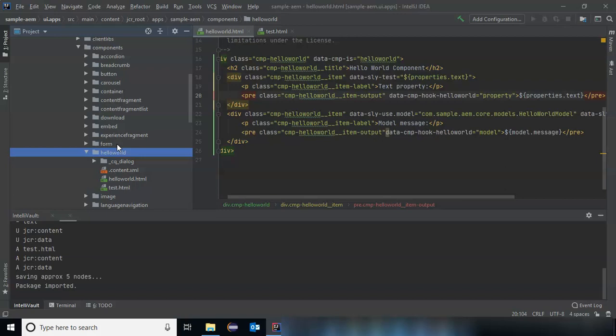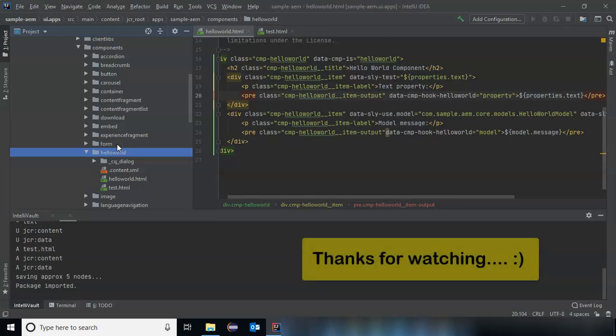And always keep in mind that your folders are the ones which get synced, not the file. So ultimately your files get synced because your folders are getting pushed and pulled from CRXDE and your local system. So that's the important thing which you have to always keep in mind while working with IntelliVault or your FileVault.